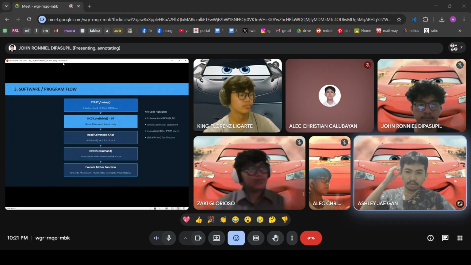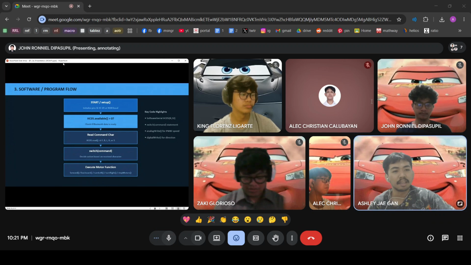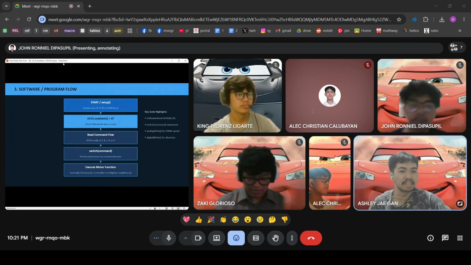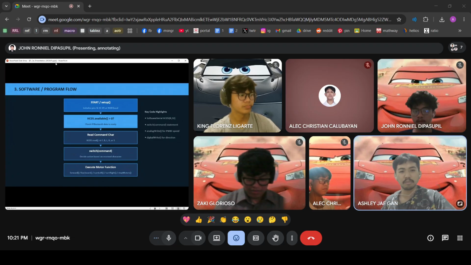Now let's move on to our program flow. The program begins in the setup function, where the Arduino initializes the motor control pins and establishes communication with the Bluetooth module at a baud rate of 9600, which is considered the standard. After